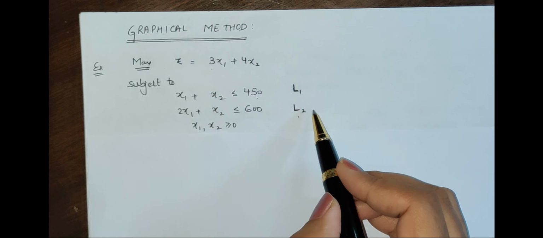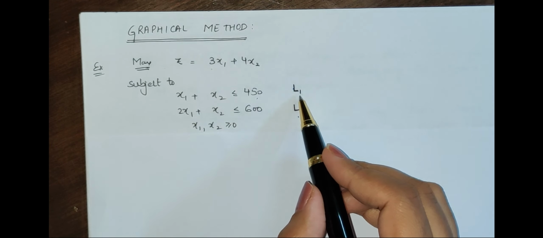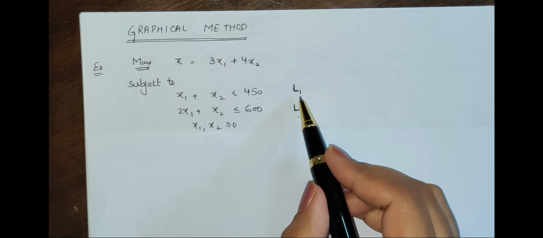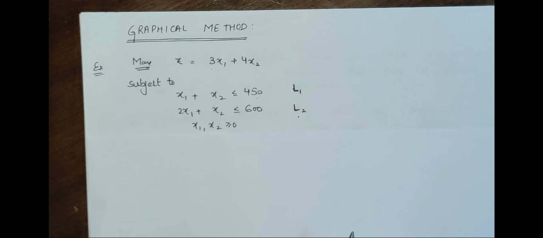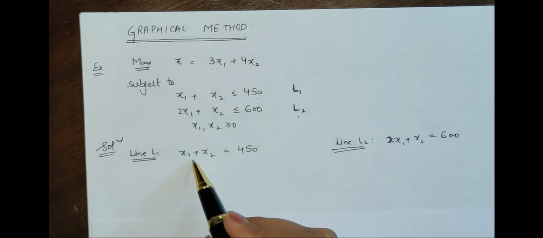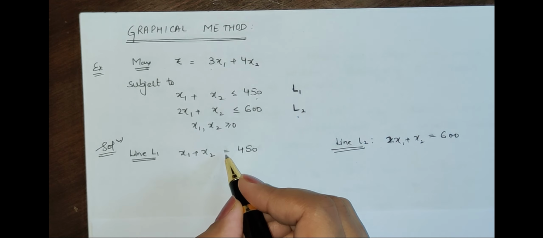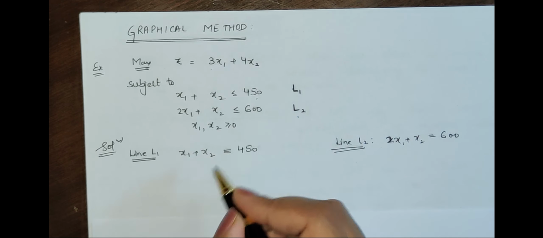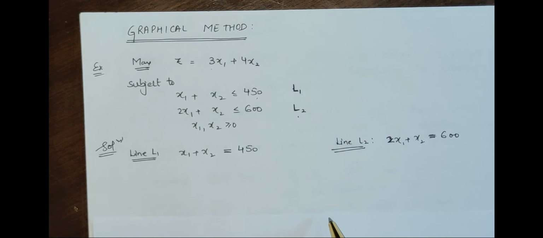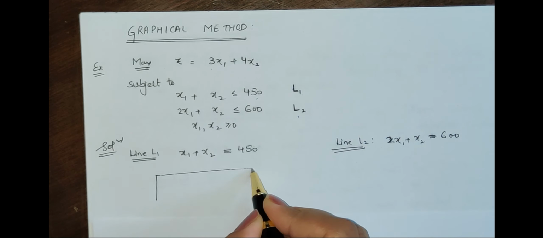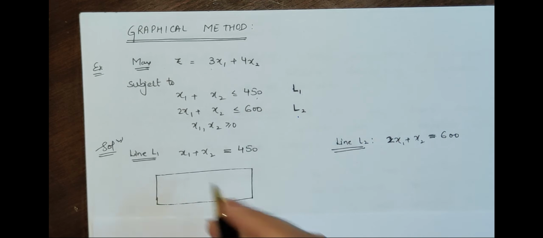Now what we are going to do in the next step, we are first going to plot these lines L1 and L2 on the graph. So we need the points where these lines meet the x-axis and y-axis. So let us see what we are doing. I have already written line L1, and when we are trying to plot the diagram for this, we take them as equality, and similarly the second line is like this. So now let us find the points at which they cut the coordinate axes.